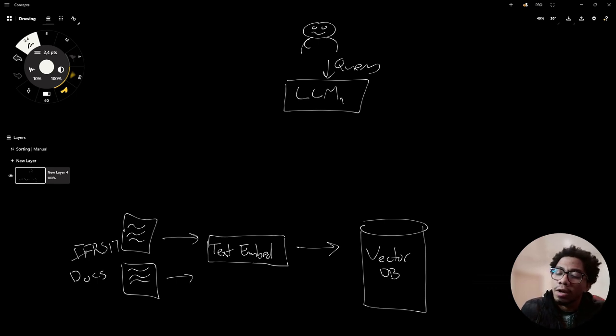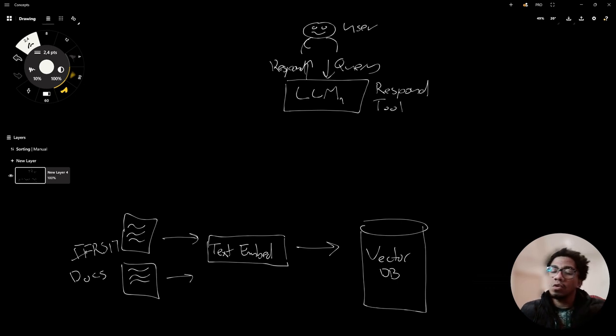And this LLM1 could either respond directly to the query, so back to the user, or it could call a function, a tool,